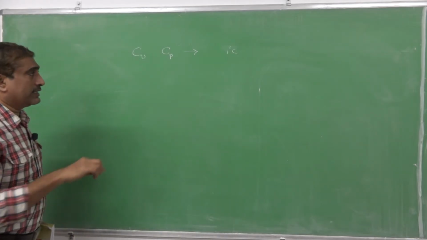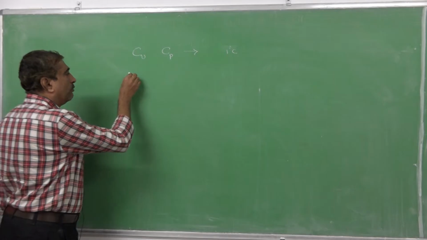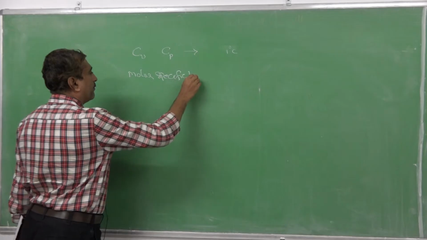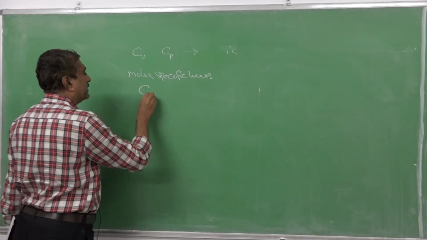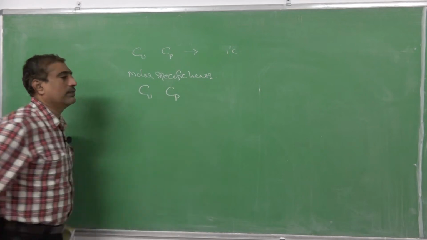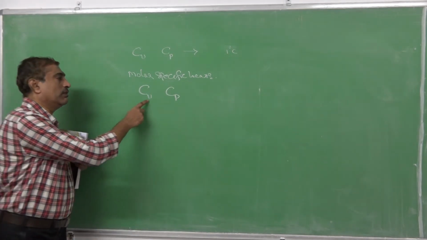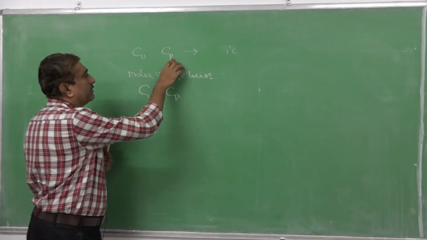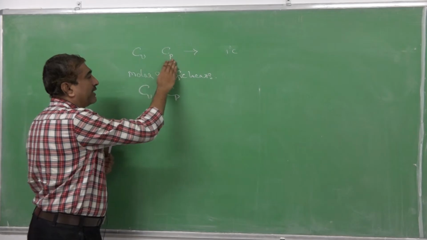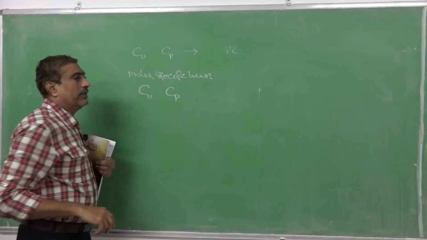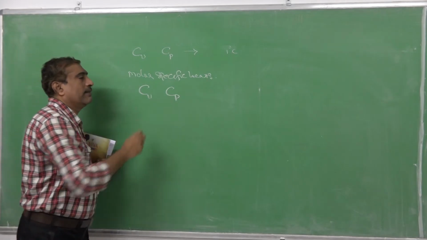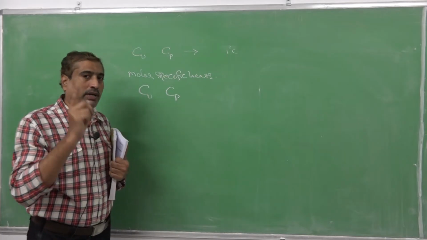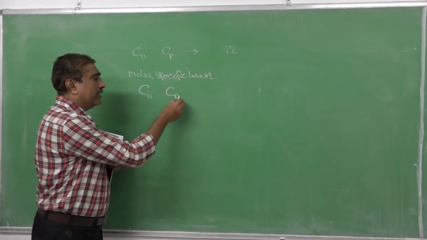Now gases have another specific heats called molar specific heats. So they are represented by capital Cv and capital Cp. Okay, molar specific heat at constant volume, molar specific heat at constant pressure. Here in this case, we have defined for 1 unit mass of the gas, that means 1 gram of mass. But in this case, we define the amount of these specific heats as amount of heat required to raise the temperature of 1 mole of gas by 1 degree centigrade at constant volume and at constant pressure.